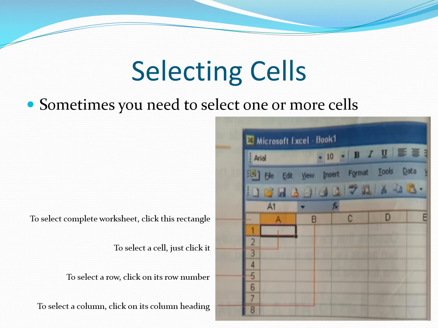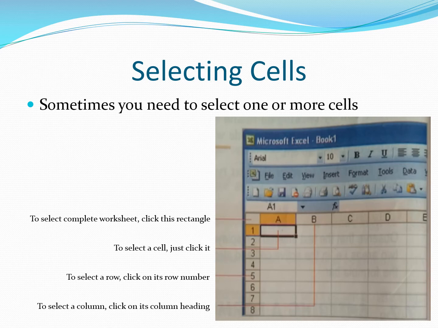Selecting cells. Sometimes you need to select one or more cells. To select the complete worksheet, you have to click the rectangle on the top left corner of your worksheet.